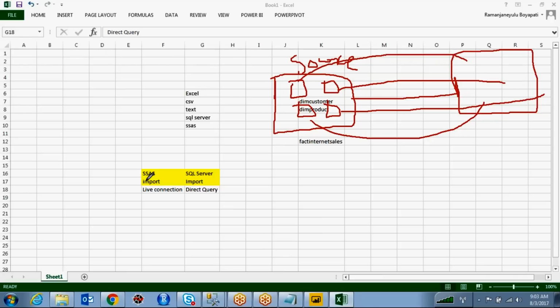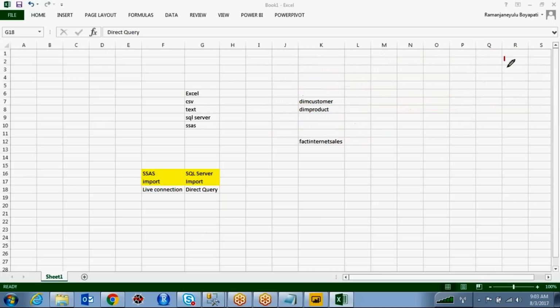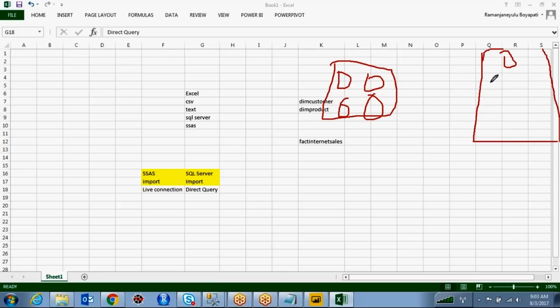Right. So once you are importing that metadata, you can define some relationships. For example, here dim customer, dim product, and some fact table are there. In my source, I don't have any relationships, so you can define those relationships over here.